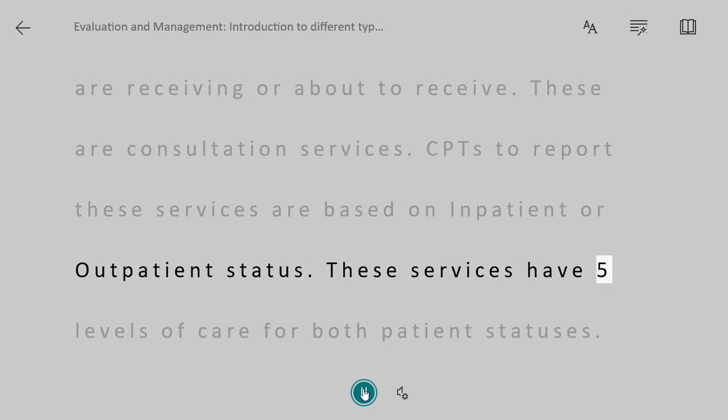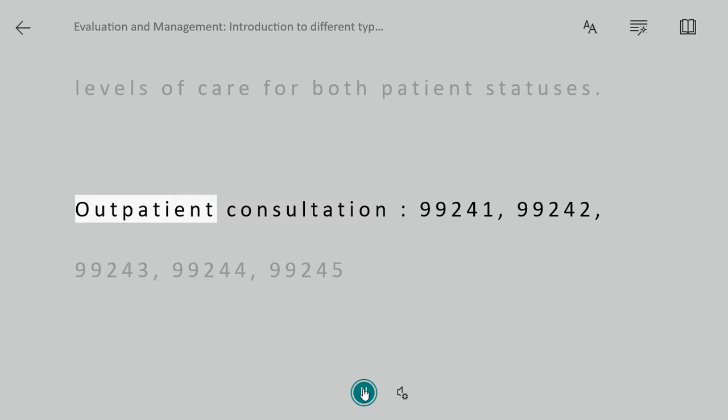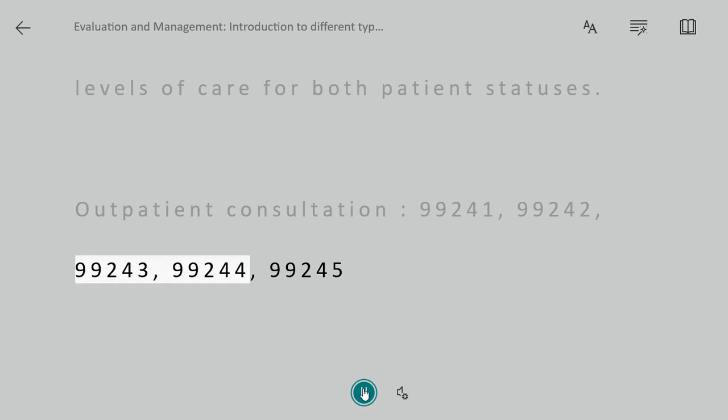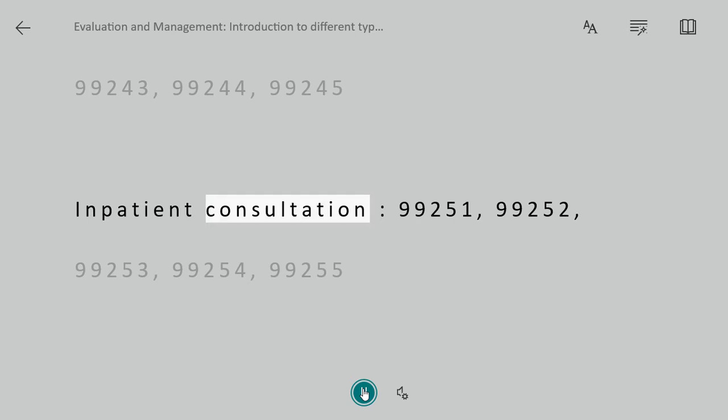These services have 5 levels of care for both patient statuses. Outpatient consultation, 99241, 99242, 99243, 99244, 99245. Inpatient consultation,